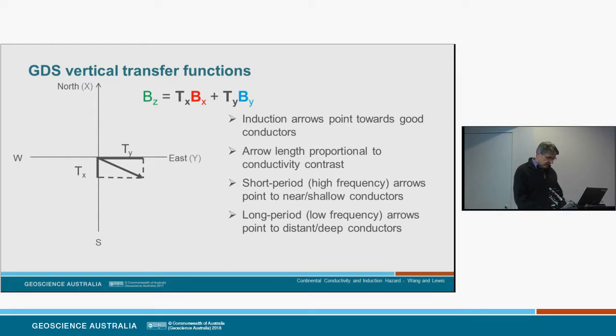Now the theory of magnetotellurics tells us that the depth of penetration into the subsurface depends on the frequency of the inducing signal and the conductivity of the subsurface. So for high frequencies, the variations respond to shallow conductivity contrasts, and for low frequency or longer period variations, they respond to deeper contrasts. So you get a series of induction arrows at each point at different frequencies, like that. In subsequent slides we'll be looking at some maps with these induction arrows at the AWAGS stations.